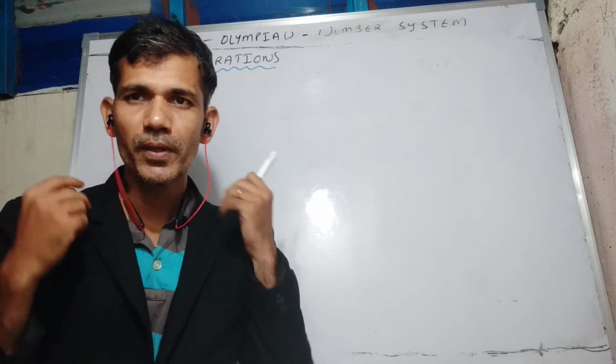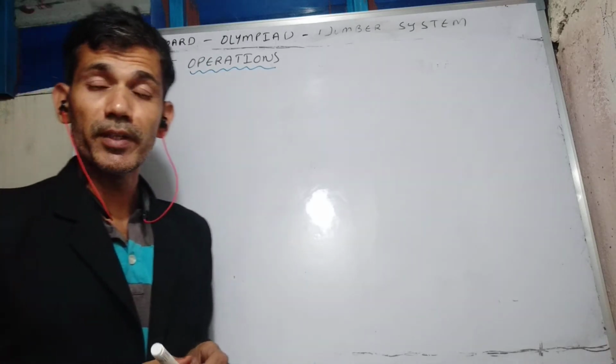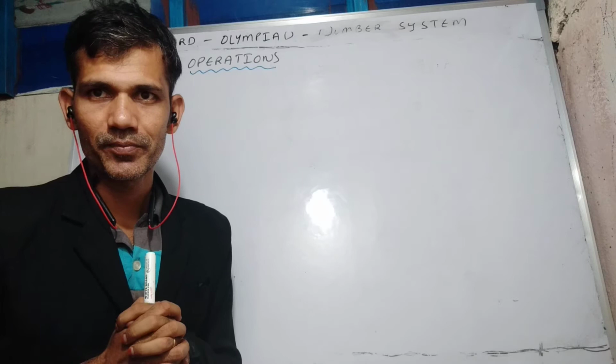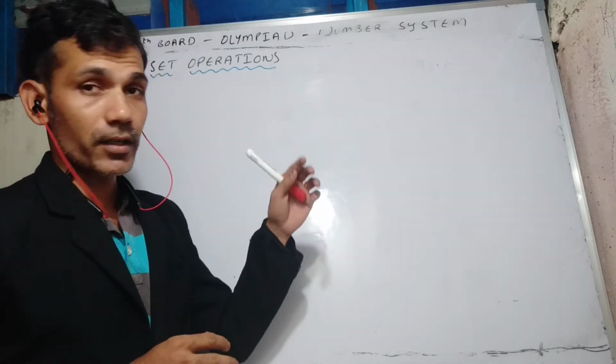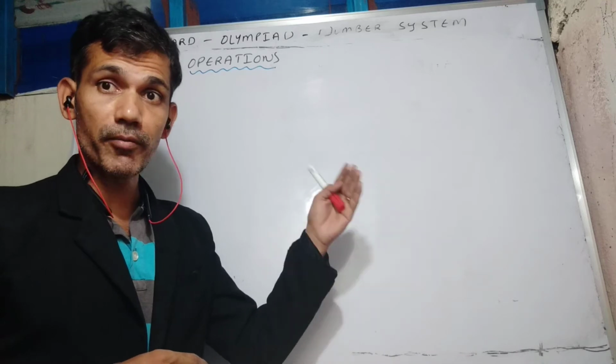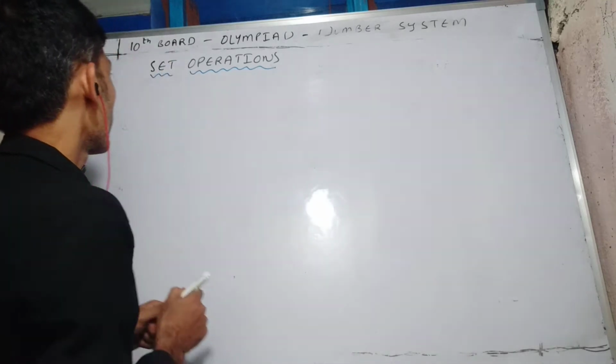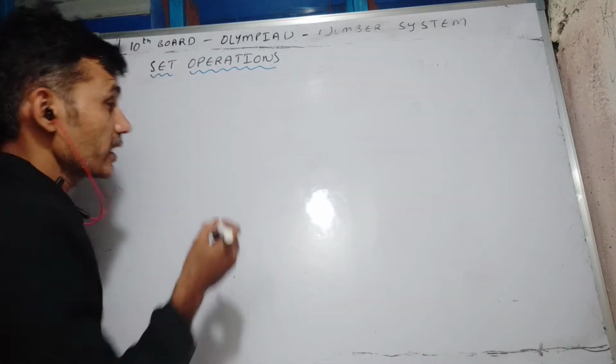Welcome to all. Today we'll discuss set operations when three overlapping sets are there. We'll take a numerical example, represent the sets in a Venn diagram, and verify the formula. Let us take a numerical example.